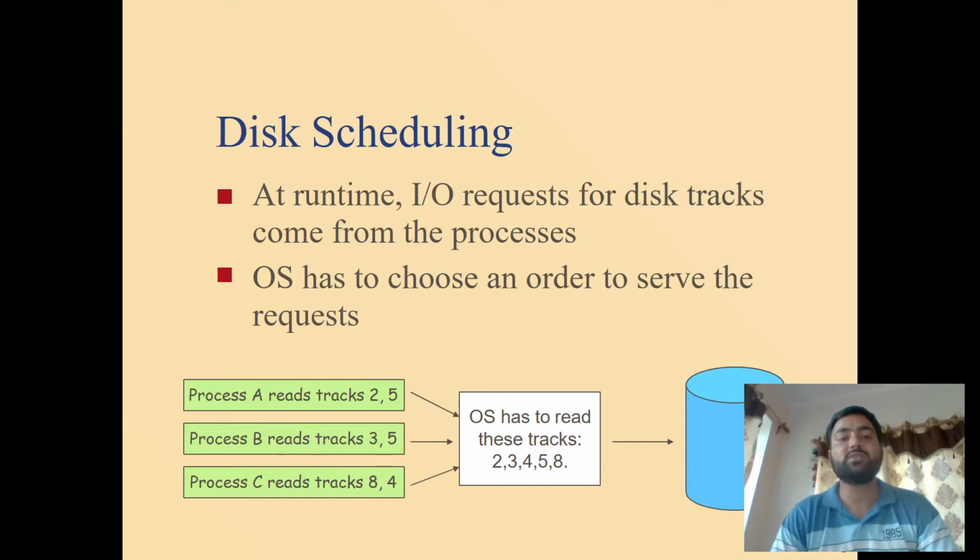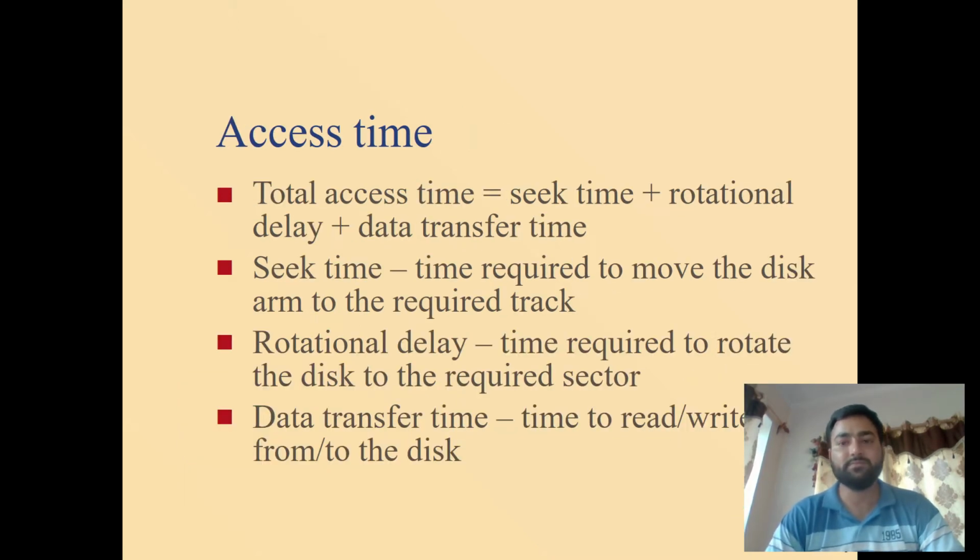And for that, because different processes are making random requests to the operating system, the operating system has to manage these requests so that it can effectively serve all the requests well in time with optimal throughput generated in the system. So when the operating system is going to fulfill the requests made by the processes, the operating system has to access the disk resources, the disk storage locations at which the particular requested input output operation is to be performed.